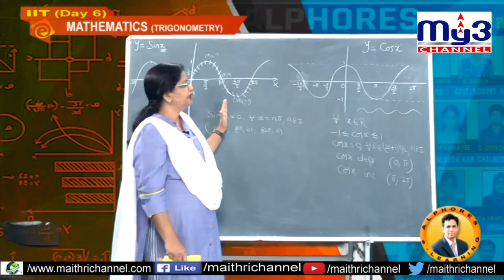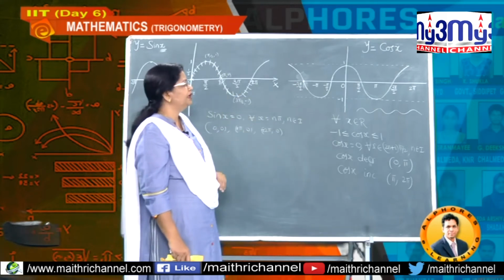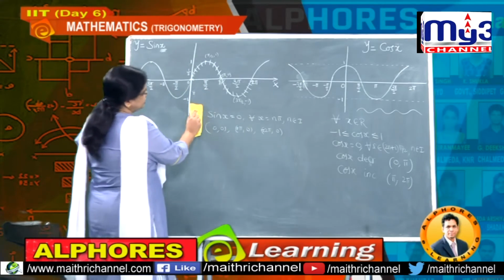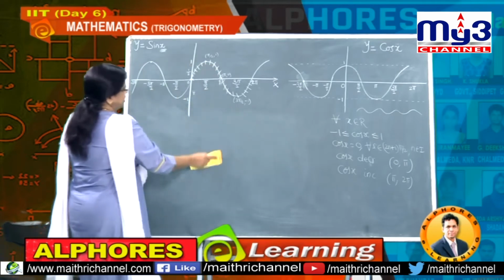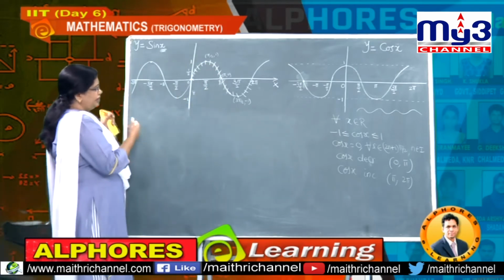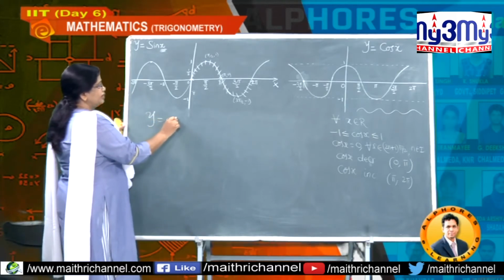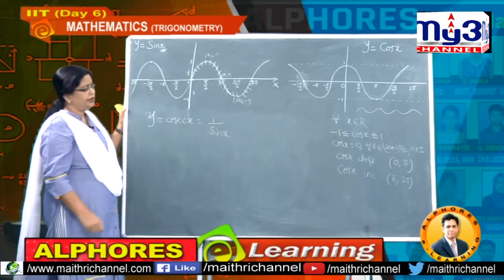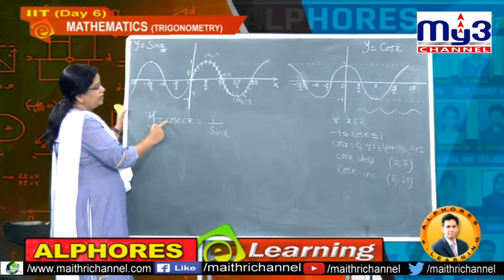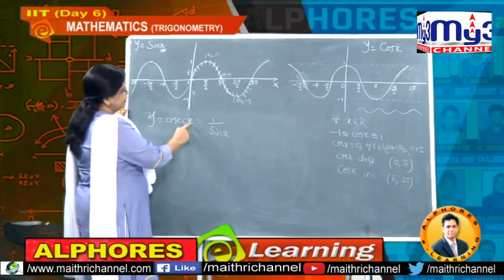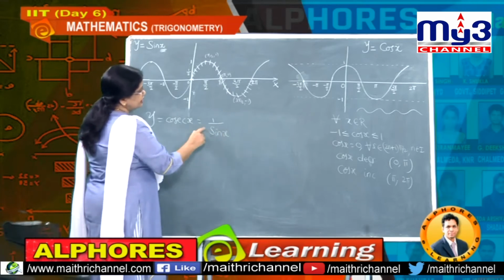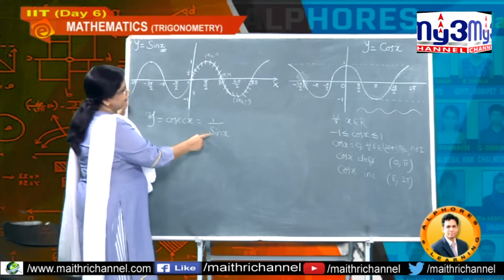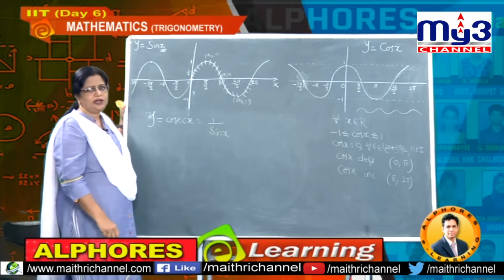So students, these are the sine function and cos function we have observed. And next immediately we can take cosecant and secant also. Cosecant function, what is actually the cosecant x value? Y equal to cosecant x, if I draw this, then it is nothing but the reciprocal of the sine function, right? And we observed cosecant x cannot take all values. Which values can it not take? It is defined only where sin x is not equal to 0, but whenever sin x is 0, cosecant x cannot be defined, because